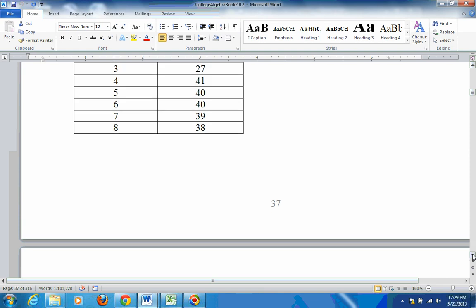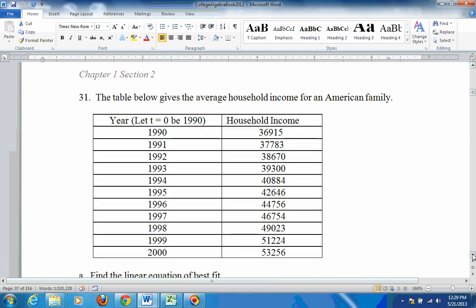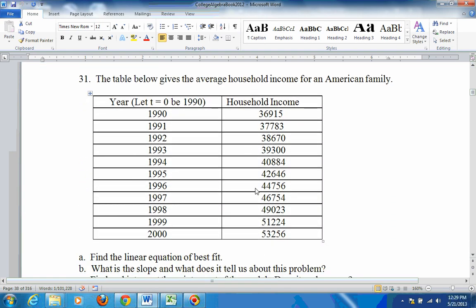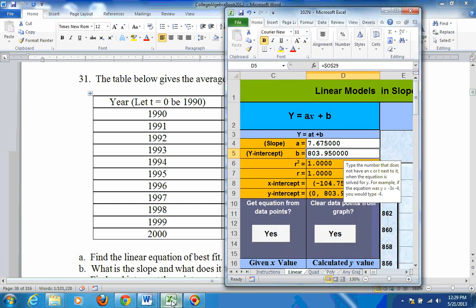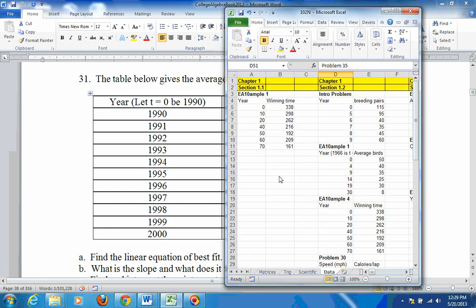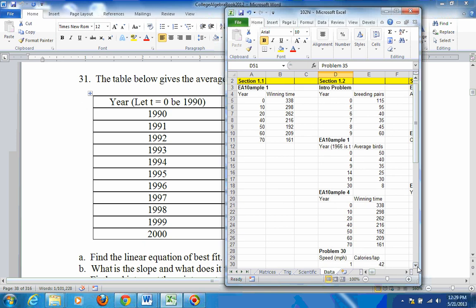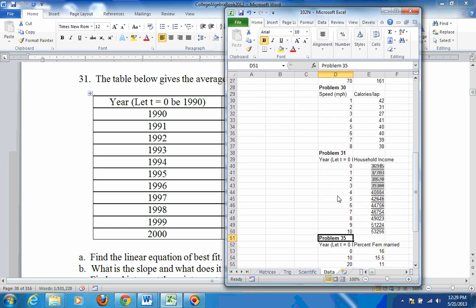And then let's go to 31. 31, you just take all these data points. They're on your Excel sheet, by the way, back here on the data sheet. I'll show you that here. If we go back to the data sheet, you can see here section 1, 2, and different examples, and here's problem 30, and here's problem number 31. So you could take these data points here,